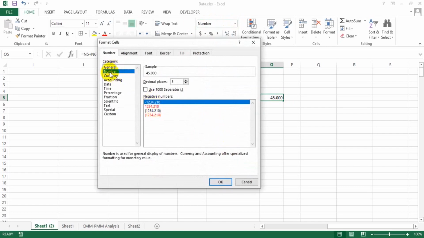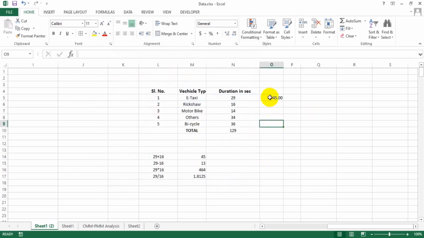You have to select Number from this list, and let's say I want to show 2 decimal points, so select 2 and hit OK. So it shows 2 decimal points. There is a shortcut to do this. If I click here, it decreases the decimal points. If I click here, it increases the decimal points.